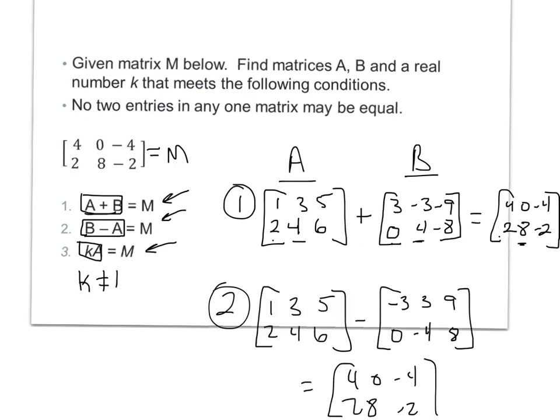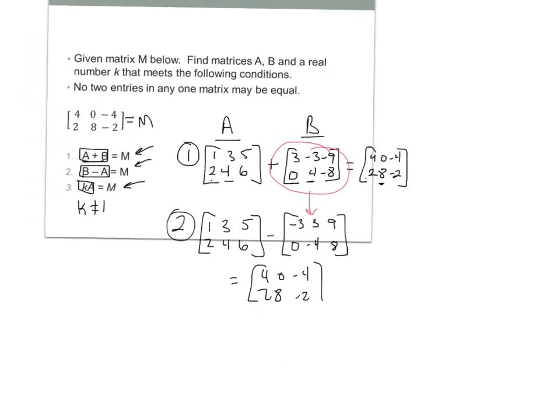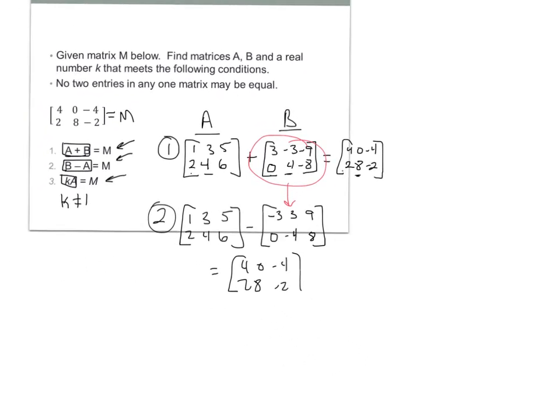So with this one, what I did here, and I should probably actually erase this, which I can't do. If you'll notice the connection between this one and this one, you'll notice that all the numbers are just opposites. And so when I subtract them, I'd get the same thing. So that's all I had to do for part 2. Answers can vary too. There's not one right answer, as long as it's consistent